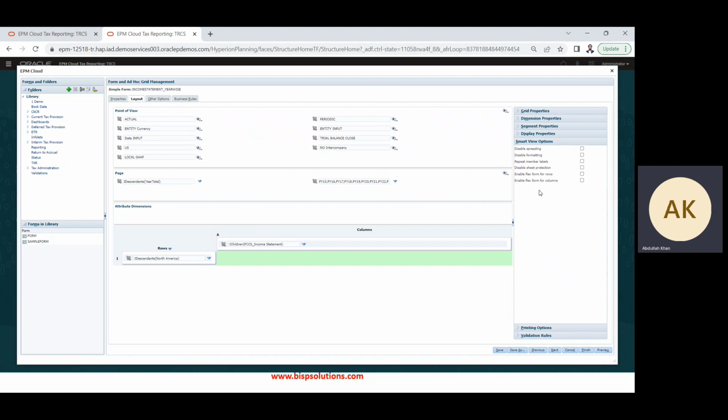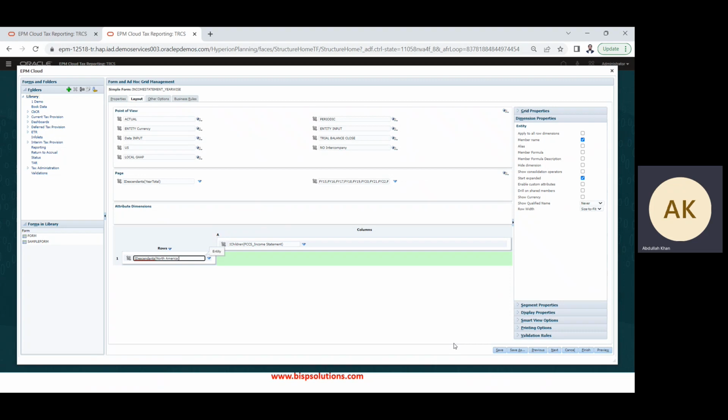So what this option or feature will do is that if I select it for a particular row or column. So this is only for rows and columns. In case I select it for rows, that is my entity, it will allow me to add additional entities under the rows that are already present. So I'll be able to input different entities as well, other than the zero level descendants of the North American